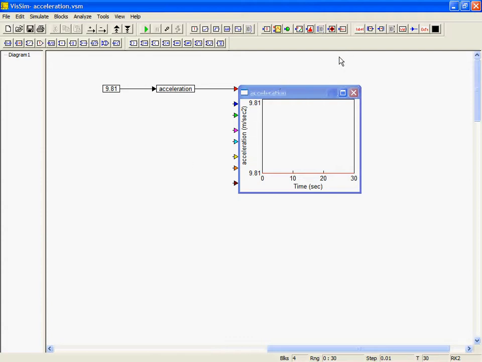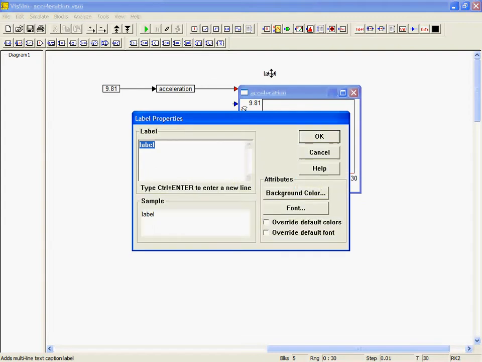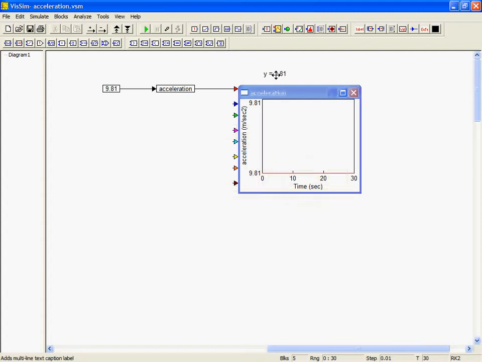What I want to show here first is the label. A label is a label for things. You can just place here, for instance, y equals 9.81. What a label actually is, is just a text file. You can give, for instance, a mathematical expression of this